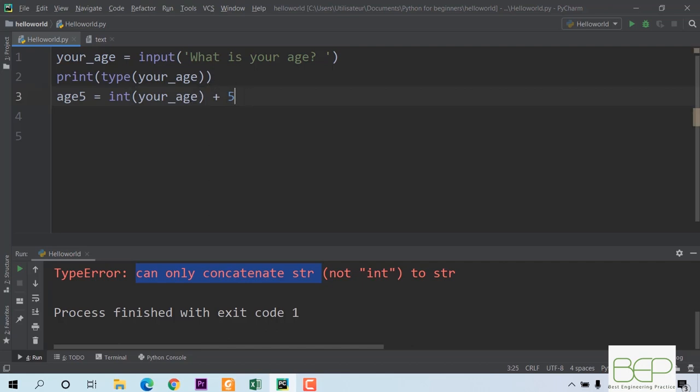Good. Now if I print, I will have 25 plus 5, so I will have 30 years. So let's, for example, cut this and paste here, and we take the age, we paste here. Very good. So if I print now,